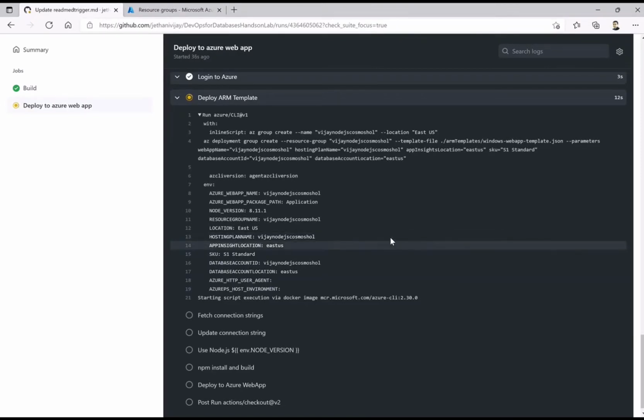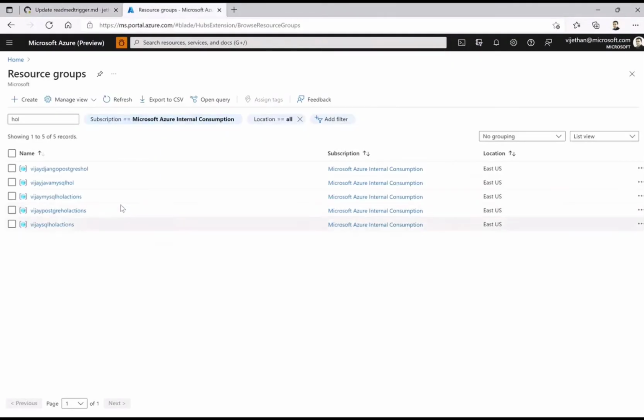Okay, so let's look at this in action. Meanwhile, I have also populated the resource group. Last time we did the SQL hands-on lab, so if you can see now, these were from the previous lab. Now there will also be one more lab coming up here, which will be on Cosmos and Express or Node.js.